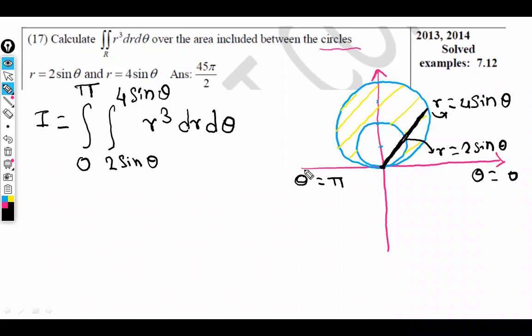Sir, if we take it on the other side, the answer will be the same, right? Other side means on the pi side, the other side of the y-axis, you can take the fourth quadrant. In the fourth quadrant, the graph does not exist. How can you get the limit then?